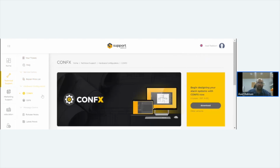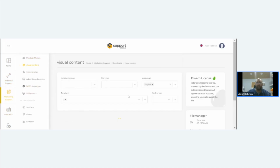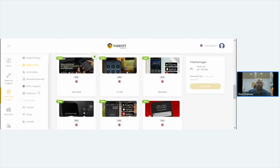Confex, this is what we were talking about. There's Confex software. Marketing support, visual content. You can literally get content. These are the new Integra content, the new Integra app. You can design your marketing to target your customers with all the resources that are already here. All you have to do is add your logos and your